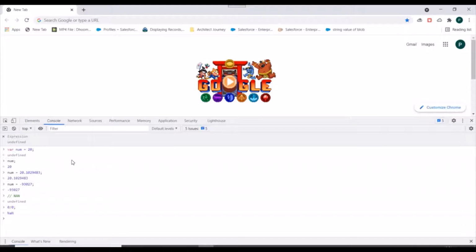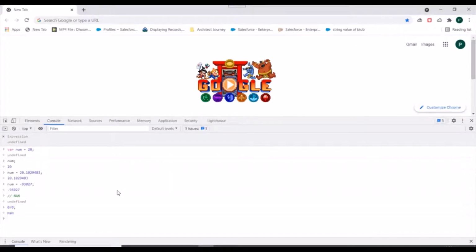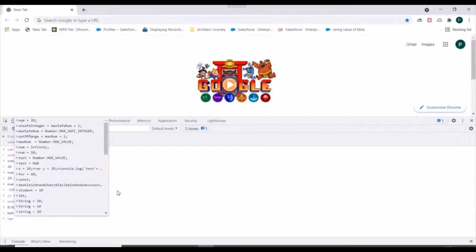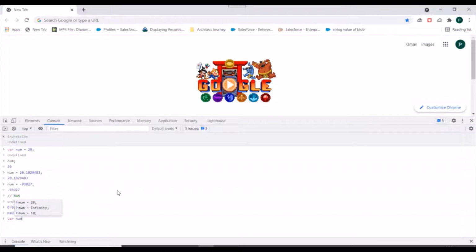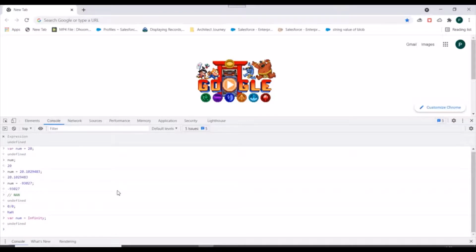Then what is infinity in JavaScript? Infinity is any value which is beyond the range specified for JavaScript. We have a specified range of negative 2 raised to 53 minus 1 to positive 2 raised to 53 minus 1, from the negative to the positive side. Beyond this, anything would be positive infinity on this side and negative infinity on this side. We can also assign infinity to variables in JavaScript. So let's say var num equals Infinity. That is also possible. Now if you try to add anything to this value, it will still result in infinity only, correct?